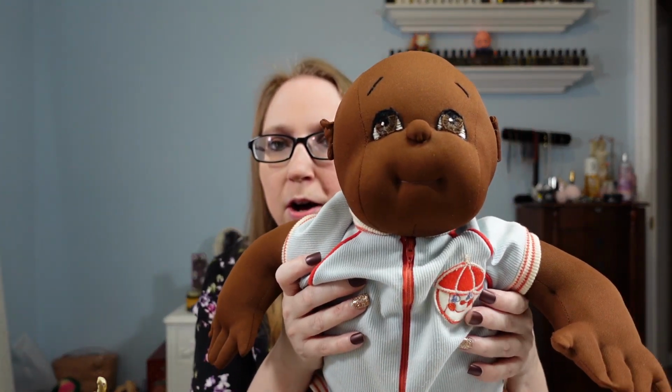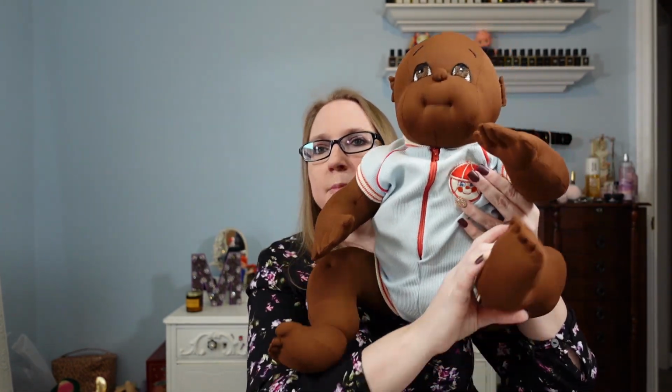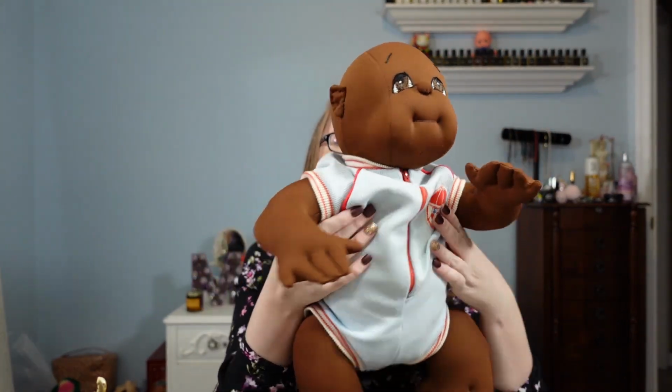I won this doll at the auction. It gave me kind of a soft sculpture Cabbage Patch Kids vibe, but it was obviously handmade, I'd assume, and it was made so well. The quality of this doll is just amazing. It is jointed. You can move its arms and its legs, and they had it in this really cute little romper. So I won this for just $1, and I listed him on auction with a starting price of